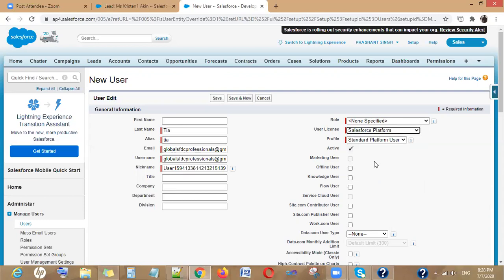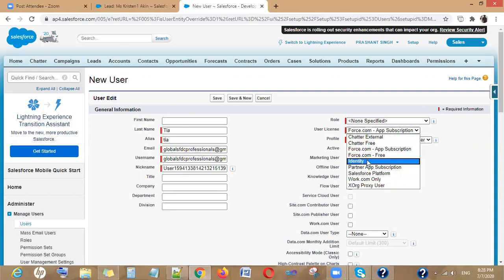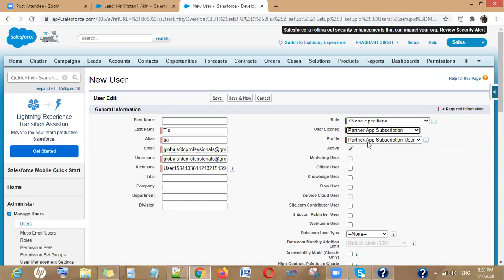For example, I have used the Salesforce platform license, and I am only getting the option of Salesforce Platform User. If I go for the force.com app subscription, then I have only this option in profile. If I go for the partner app, I have this option.